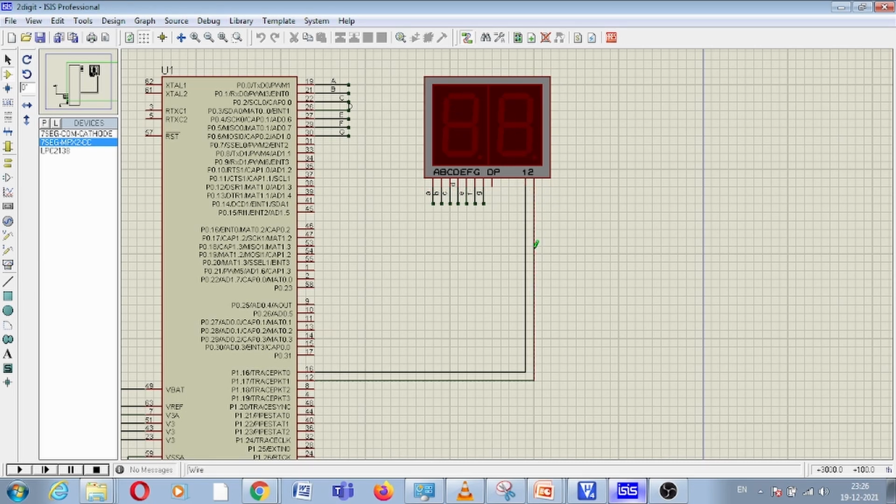So instead of connecting directly with the ground, here I am using two pins of port 1, right? Because we want a counter from 00 to 99, we have to select a specific segment, then write some value, then change the segment and write another value, right?